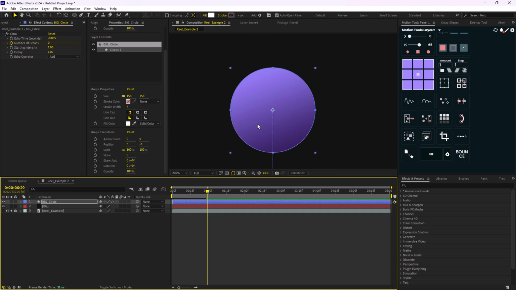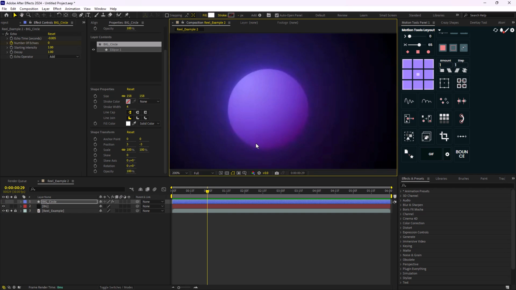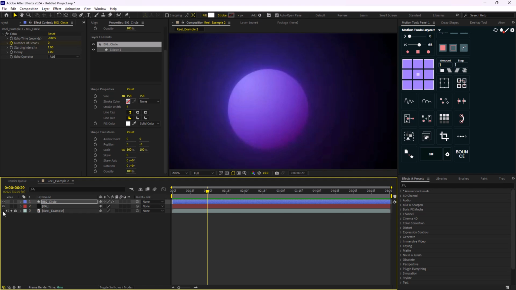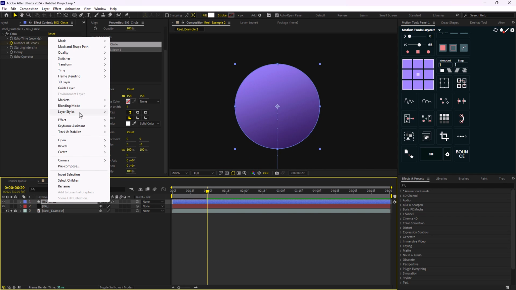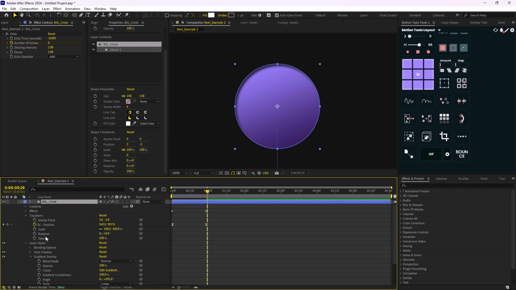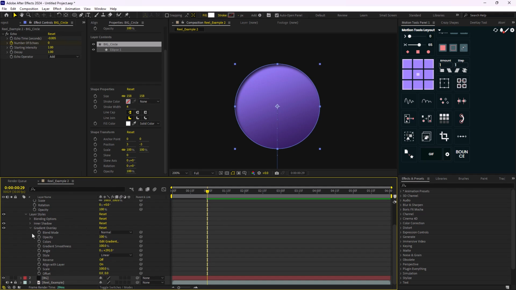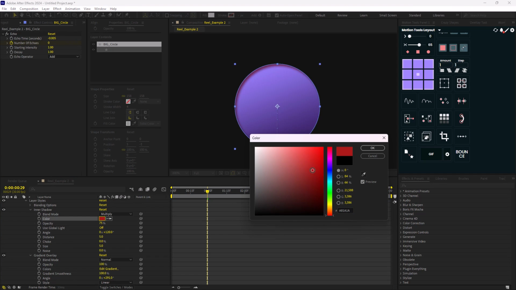Now we have the base design, and if we reveal the reel once again, as you see we have some pink color in here. To do that, I'm just going to reveal the gradient, and then right click on it in layer styles. Once again, I'm going to select the inner shadow, and then open the inner shadow. I'm going to change this color,